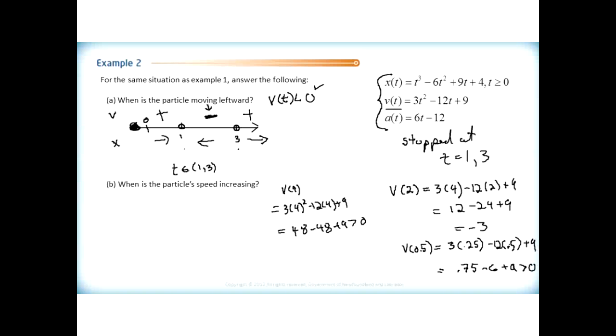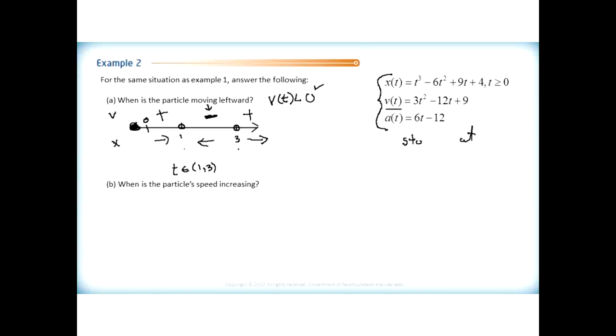All right, so before I get on to part B here, what I'm going to do is just clean up this slide a little bit. Take some of this stuff out of here so we have a little more space. All righty. Now, the next thing we have to look at